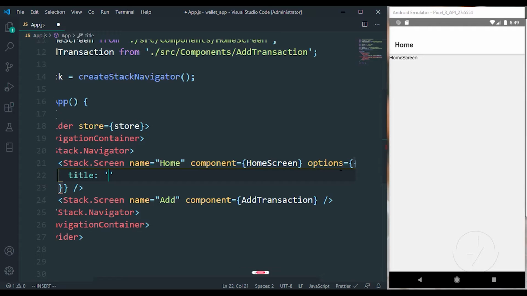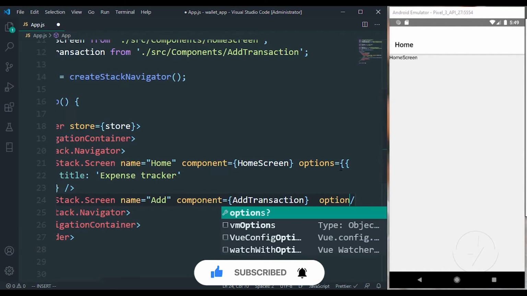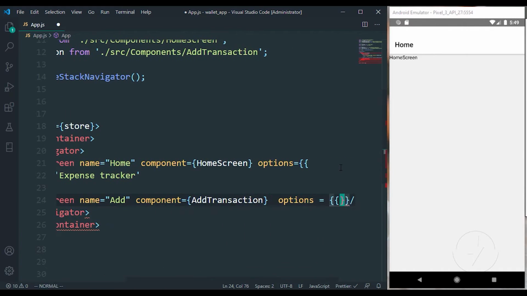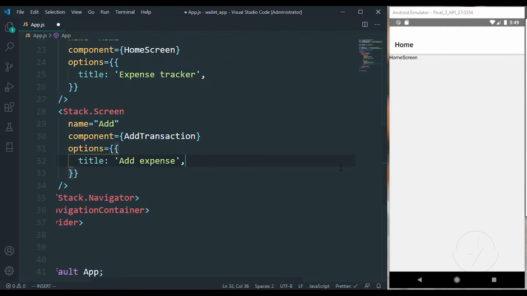So the title is going to be Expense Tracker, and for the transaction as well, options, title, we can just call it Add Expense. So let's go ahead and save.